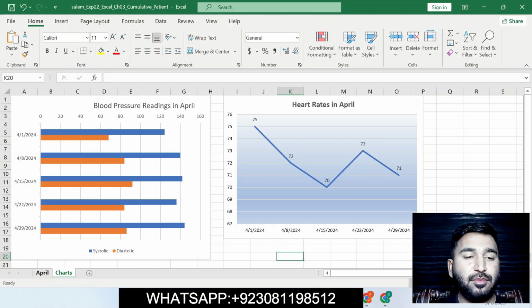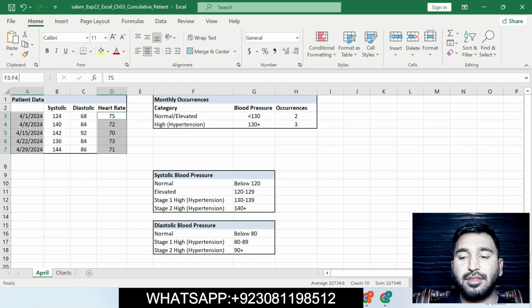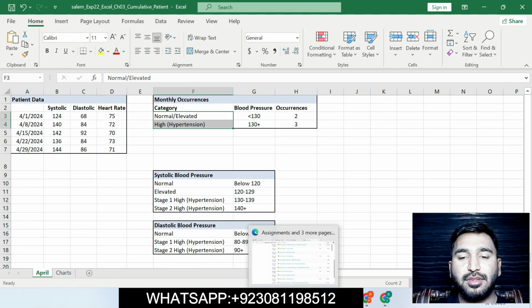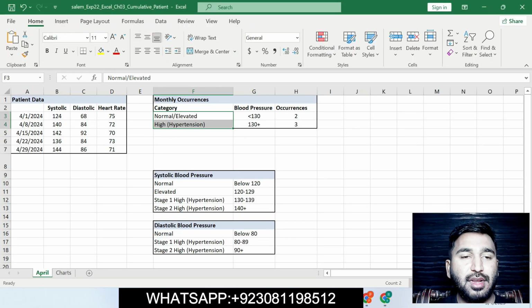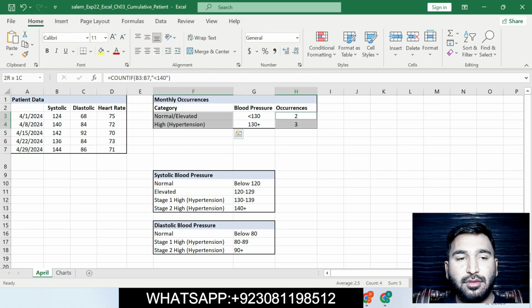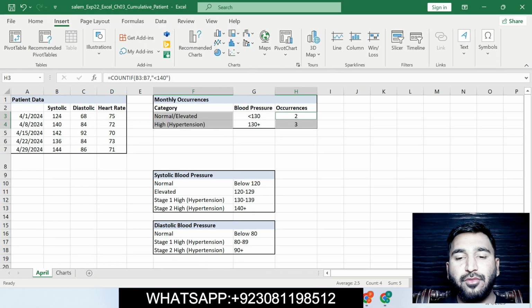Okay, moving on Excel workbook, click on April worksheet. First we will enter this range. First range will be entered and second range is H3 to H4. Press Ctrl and select second range H3 to H4. Okay, H3 to H4. Now click on Insert tab